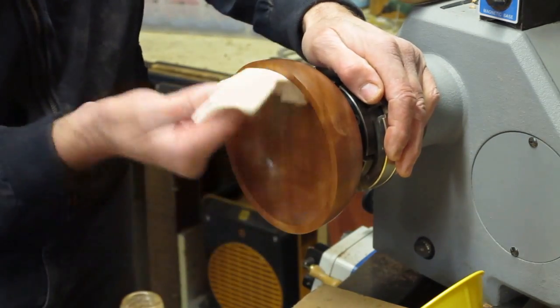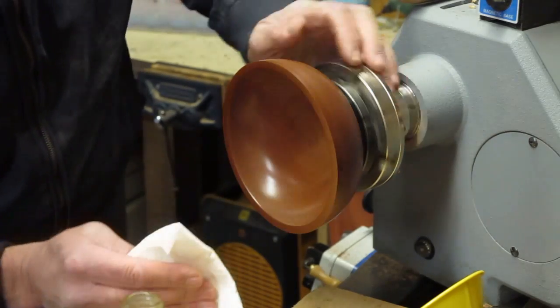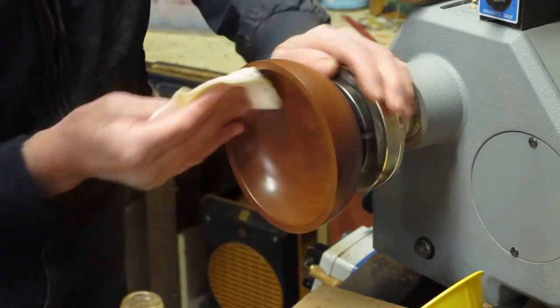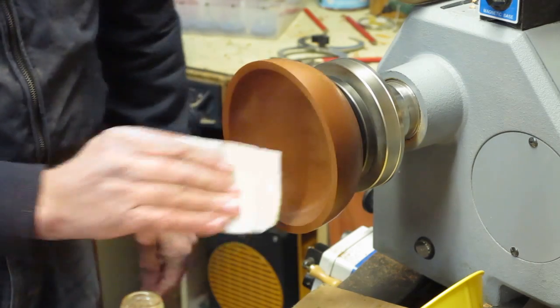Very dusty, this Makore, and certainly dulls the tools pretty quickly as well. But it's got some lovely sheen to it. Right, so let's give it a...